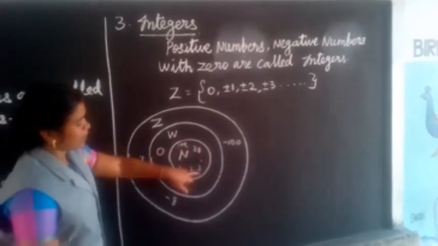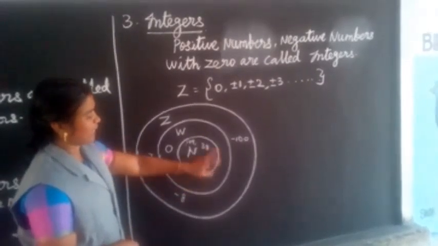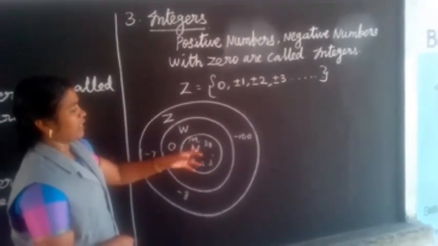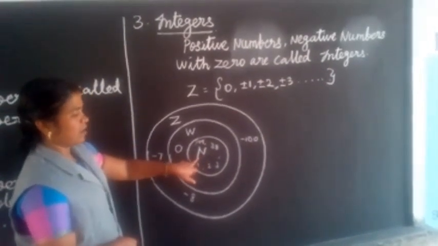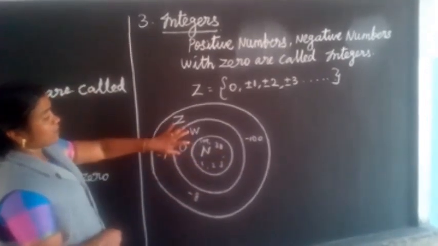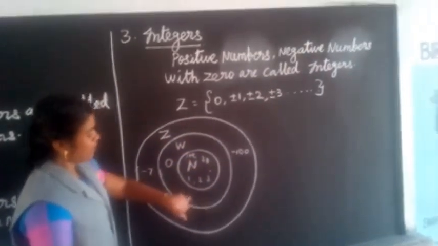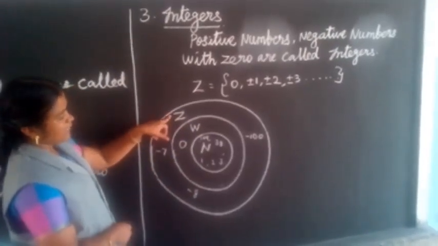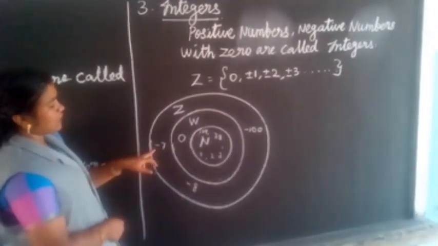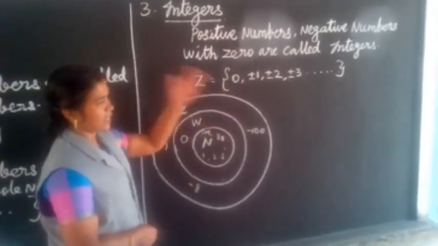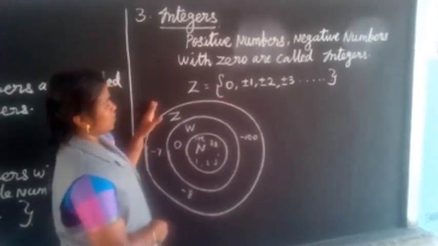Natural numbers are positive numbers, starting with the number 1, 2, 3, etc., like that. That is maybe 109, 200, 300, 500, 1000, etc. It is going on. Number has no ending. Then whole numbers are natural numbers with 0. And the third one, integers. Integers are positive numbers, 0 with negative numbers, that are minus 7, minus 8, minus 100, minus 1000. Anything that is a negative number is called an integer.